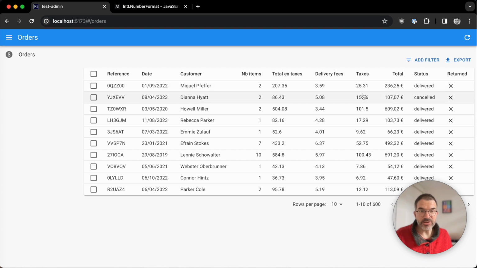Another option that you might find useful is the minimum fraction digits. Here you see these taxes has a number which is an amount as well, but there's only one digit shown, not usual in prices.